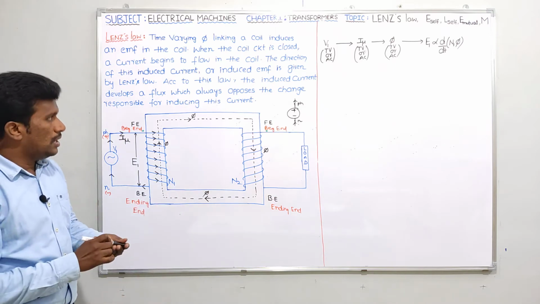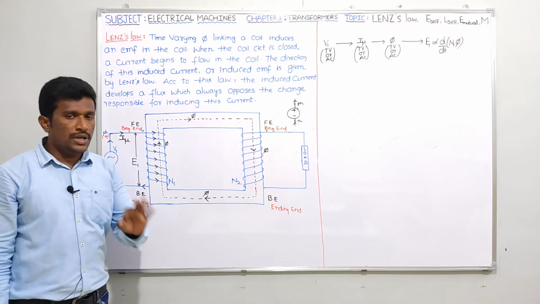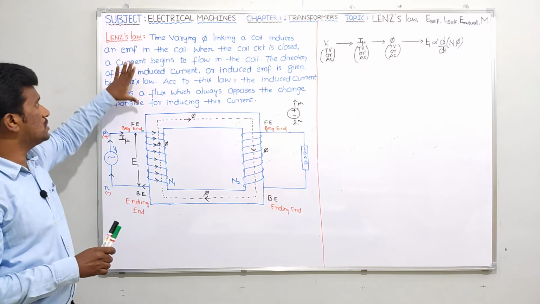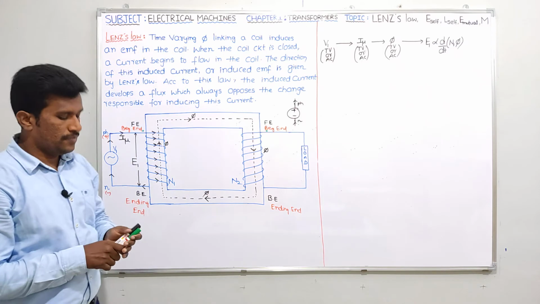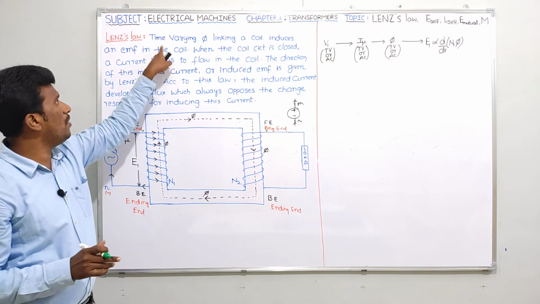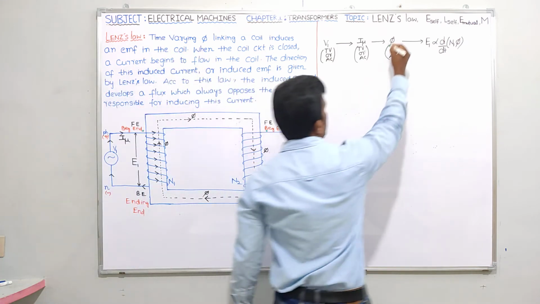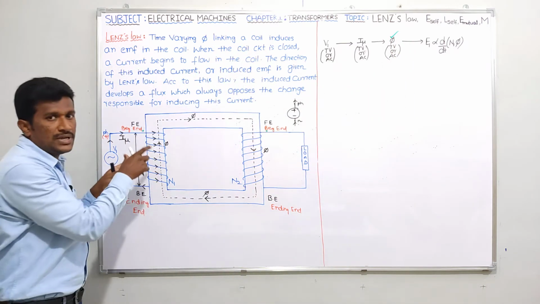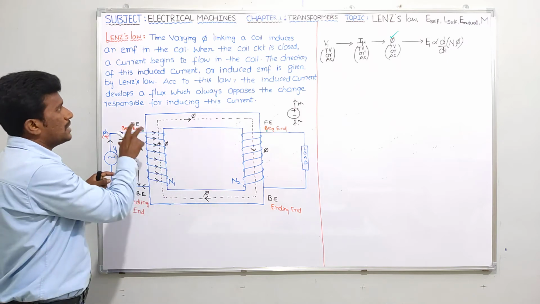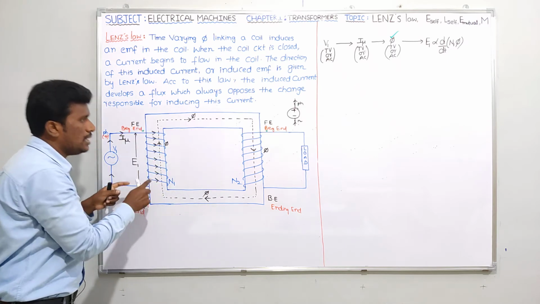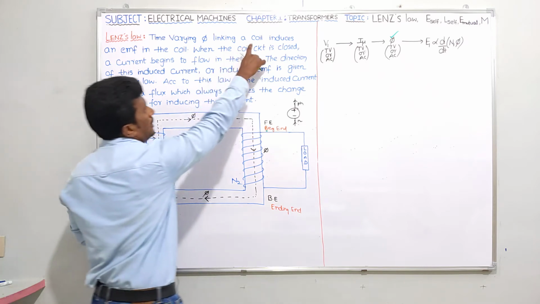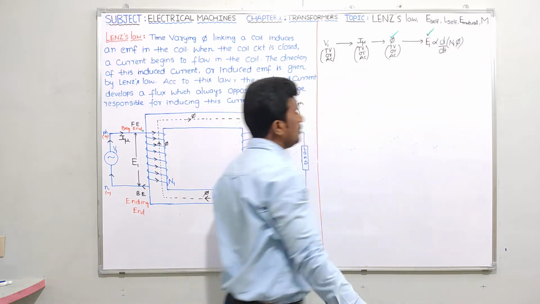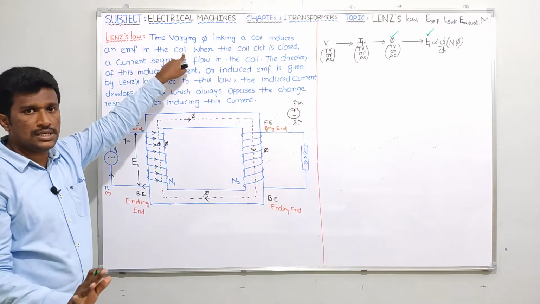Is it clear, guys? Everybody? Right. Now let me study this statement. Be careful. It's very simple Lenz law, but a lot of people have some confusion, so please try to see clearly. Time varying magnetic flux, linking a coil. First let me discuss the primary winding, then I'll go to the secondary winding. Time varying magnetic flux linking the primary winding having number of turns N1, linking the coil, induces an EMF, E1, in the coil. Is it clear? Full stop.